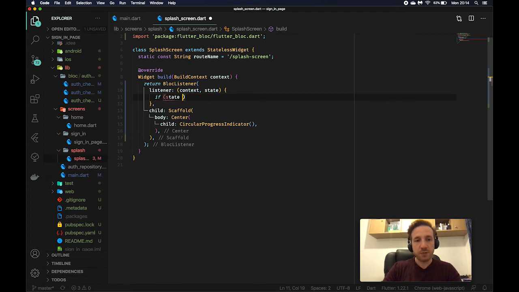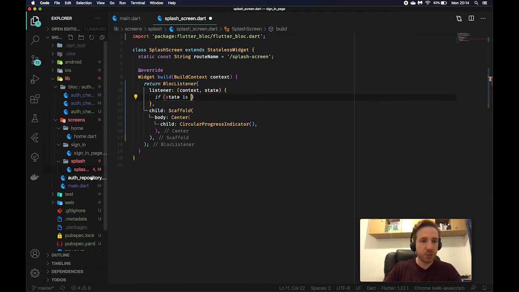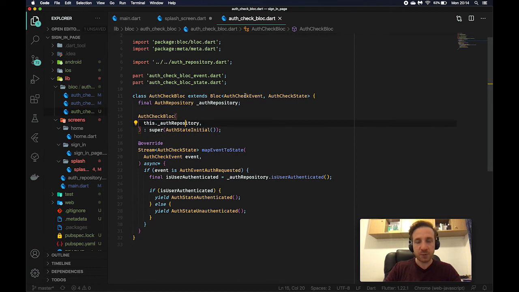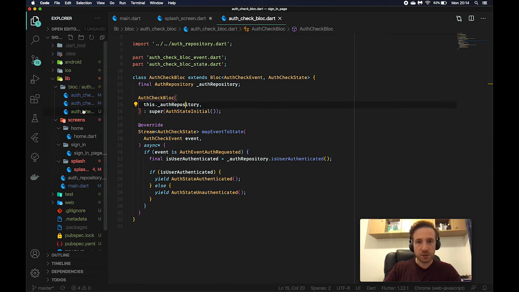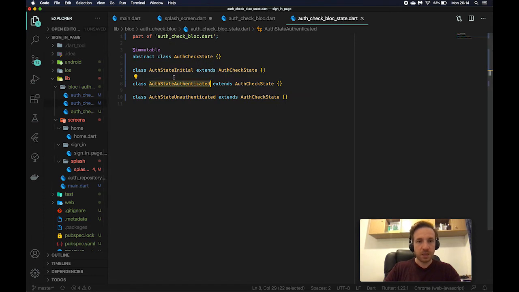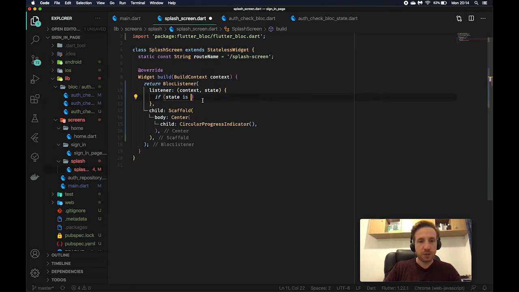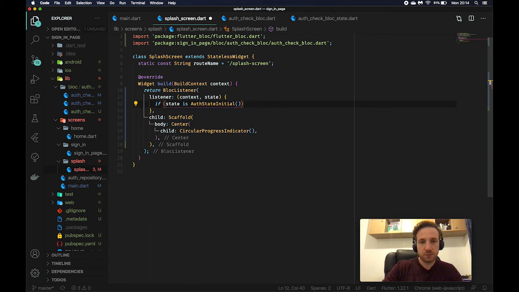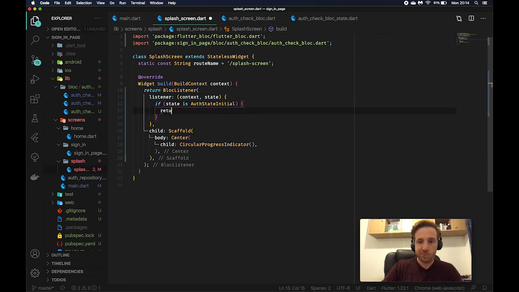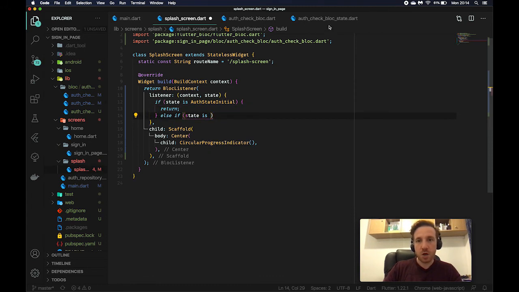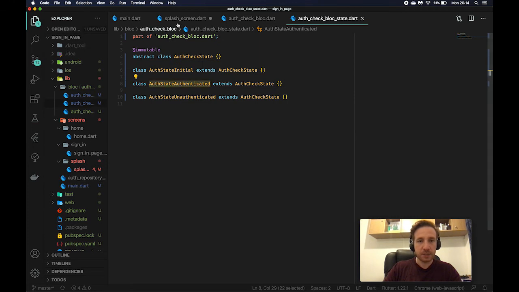So I'll say if state is, and I'm going to pull up that state again so I can see exactly what I have. This is the wrong one. Yeah. We'll start with this. If state is AuthStateInitial, I don't actually have to do anything. So yeah, I'll just return. Else if state is AuthStateAuthenticated,